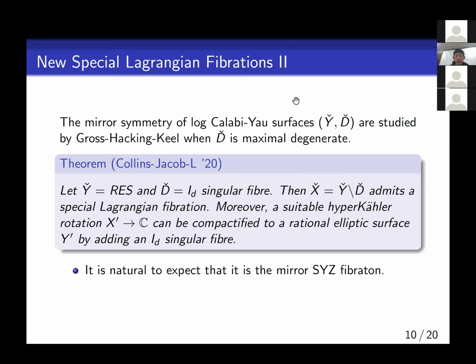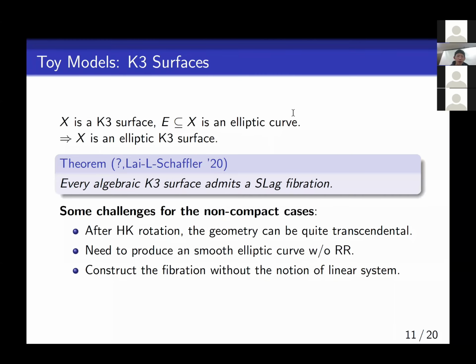Okay. Right. So the first idea to understand this question is a toy model, K3 surfaces. As I said, these are the examples where we know the special Lagrangian fibrations exist. And so first, there's a standard fact that, given a K3 surface,